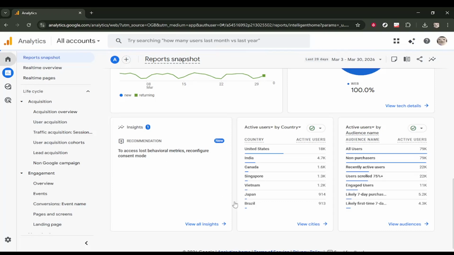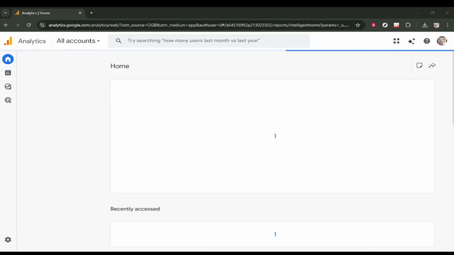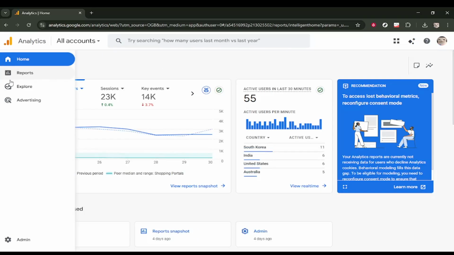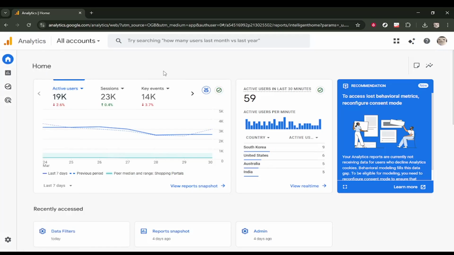In today's video, I am going to teach you how to find bounce rate in Google Analytics GA4. In Google Analytics 4, bounce rate is not always shown in the standard reports by default, so you often need to add it into a custom view. Also, keep in mind that in GA4, bounce rate is essentially the inverse of engagement rate. In other words, if engagement rate goes up, bounce rate usually goes down, because they are measuring opposite sides of